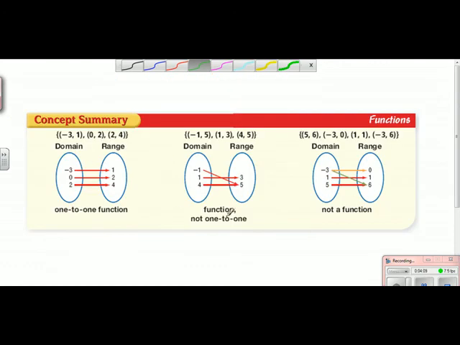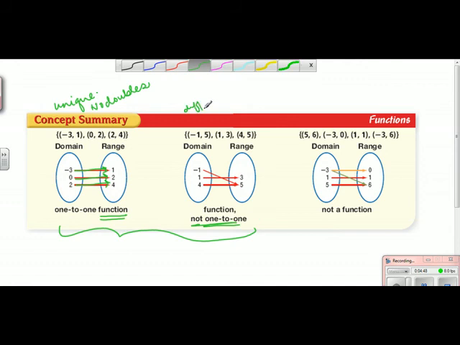Now there's a couple of key ideas that we have to talk about, and they all hinge about being a function. So we have two situations that are functions. We can have a one-to-one function in which there is a unique relationship between domain and range. There's no repeats, no doubling up. Everybody has its own partner. There are no overlapping situations. That's where mapping is really nice. Still a function, not one-to-one,